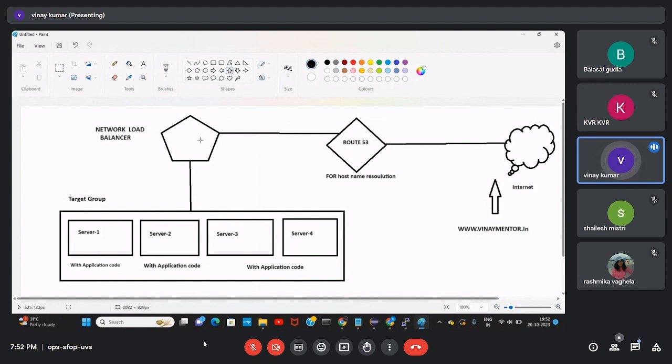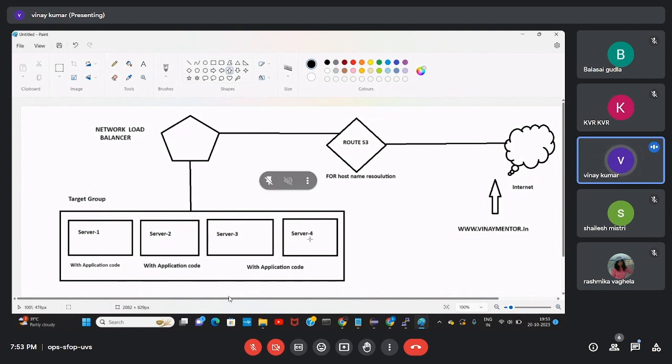If, for example, we get 100 requests to the load balancer, the load balancer will commonly distribute them to all the servers. If it gets 1,000 requests, it will commonly distribute them to all the servers. This thing will happen at the back end. This is a basic scenario. If you have any questions on this, you can ask me. Now I just explained with a line diagram. Now I will explain practically, creating a number of servers and adding all the things.